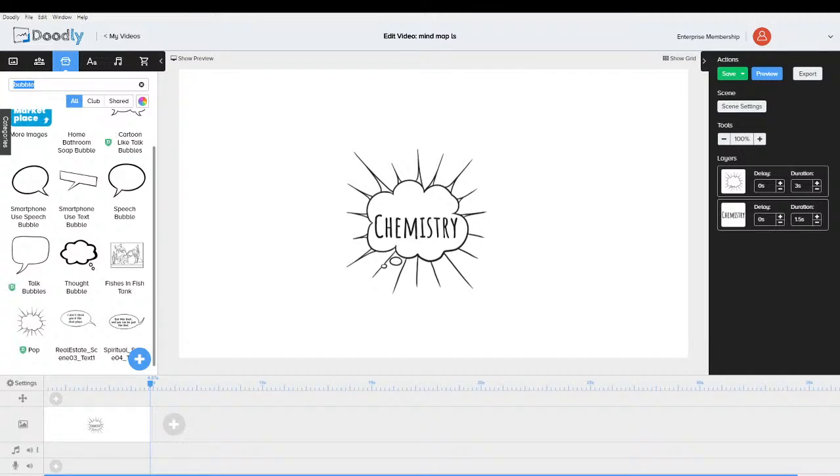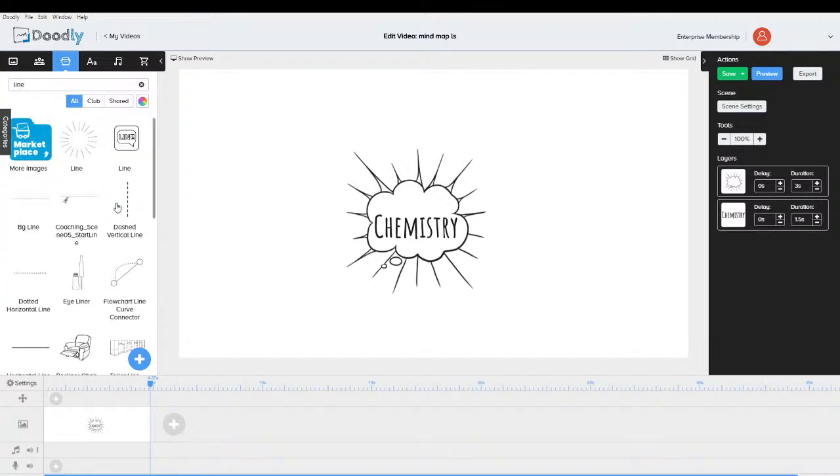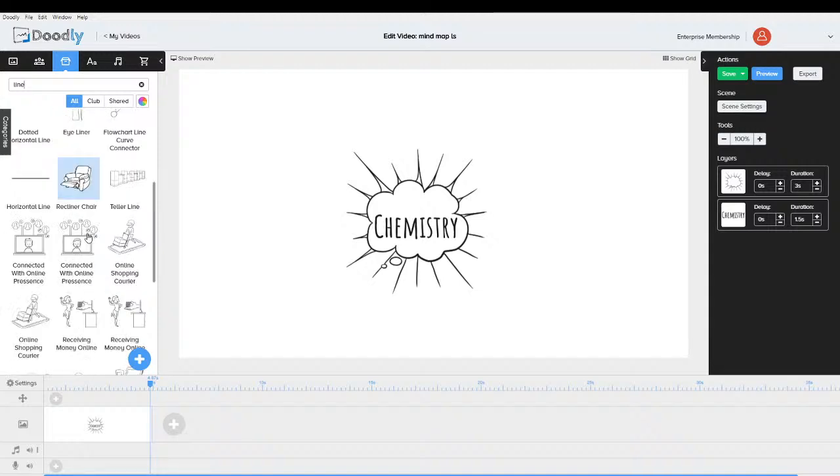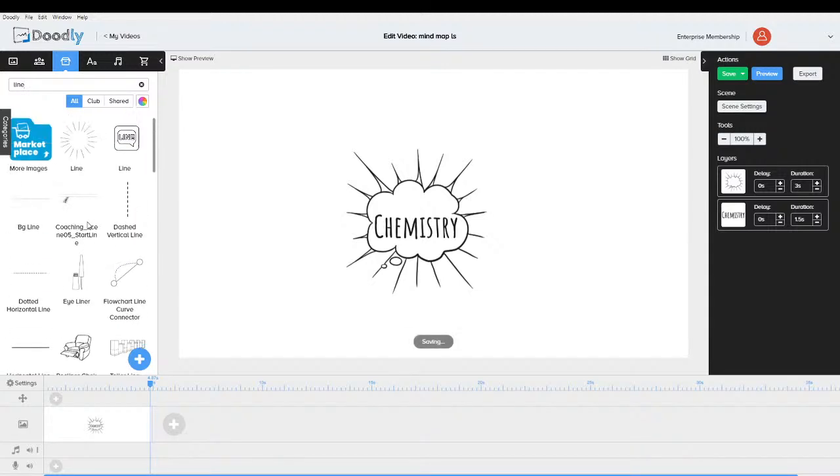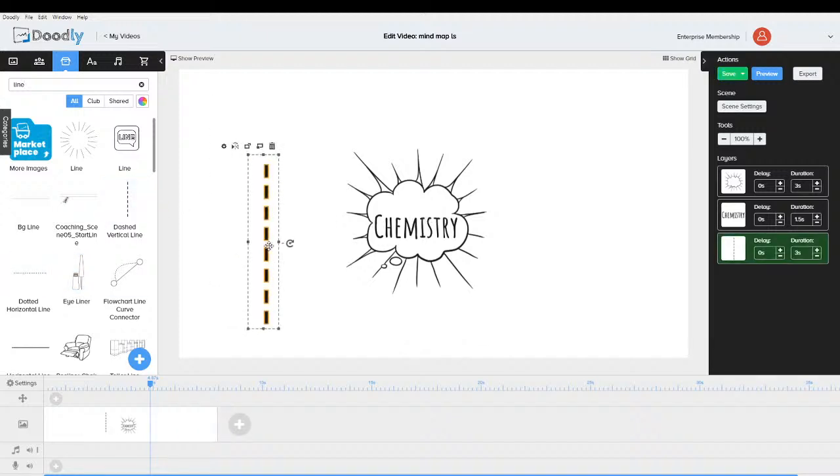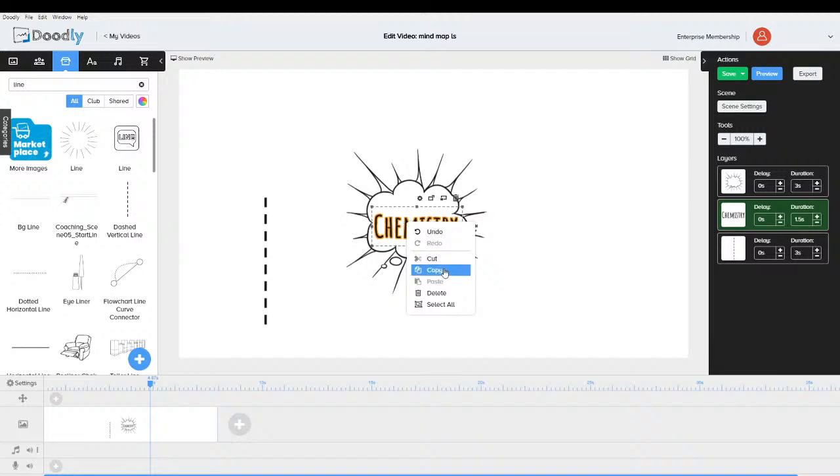The next thing we need is a line, because we're going to use lines to connect it. Now, we're going to have a problem with line because it's something to do with Doodly. Just to save myself time, I'm going to go for this dashed vertical. Now, here's the problem. If I make this line longer, it makes it a little bit thicker. See that? It gets thicker. I don't know if pressing Shift does anything. No. Control. No. Okay, so I've got my line. So I'm going to go back here. I'm going to copy this. I've got all I need.